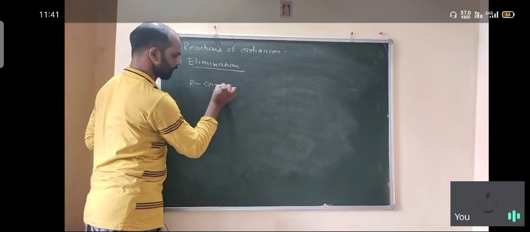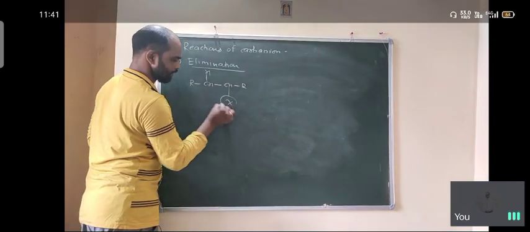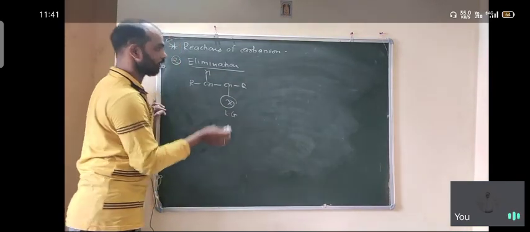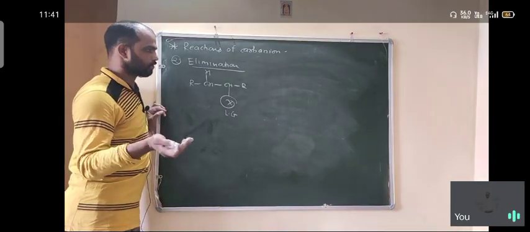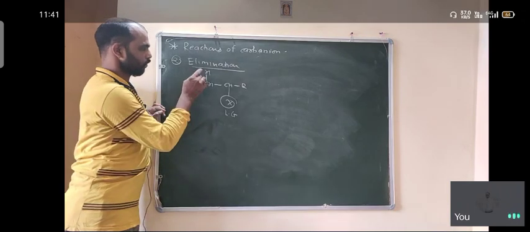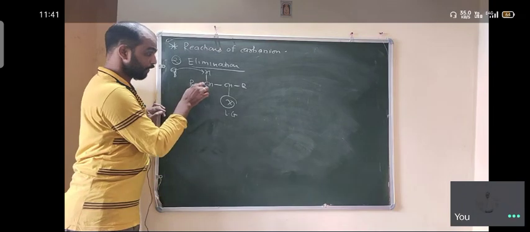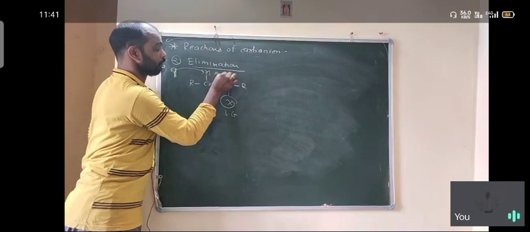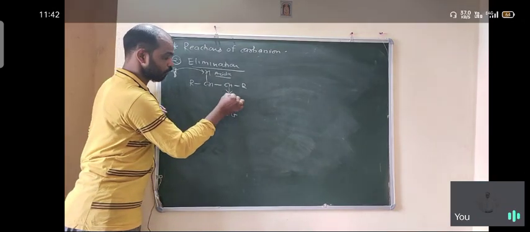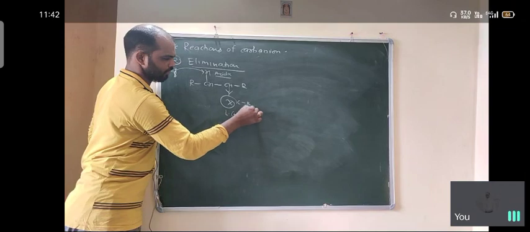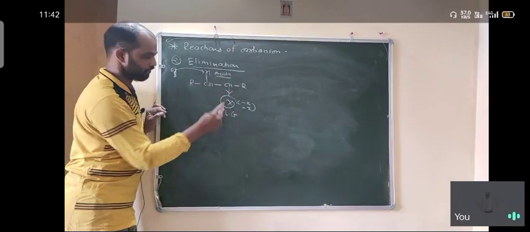Suppose I take just this example. Here is the X, here is the H. X is any leaving group. You already know this, what the elimination reactions are; you already discussed elimination reaction in your third semester. So here, if a base is present, it will abstract this proton, because these protons are acidic. Why are these protons acidic? Due to the presence of the leaving group, because the leaving group has a minus R or minus I effect, a withdrawing effect, so they are easily lost from this center.